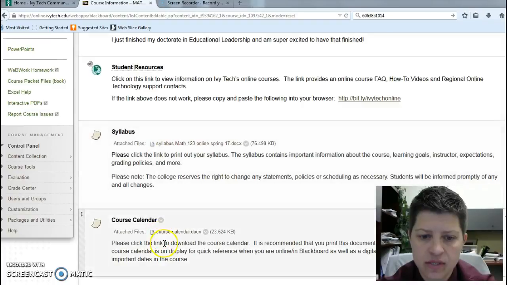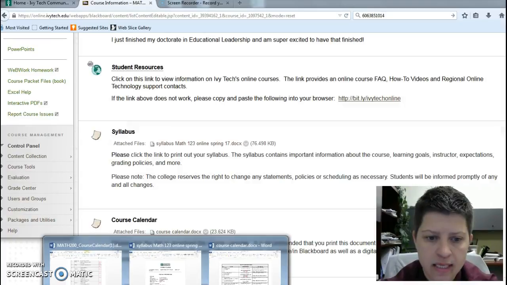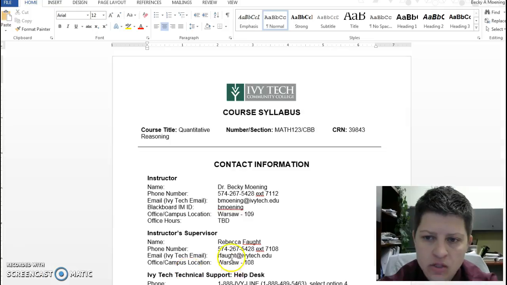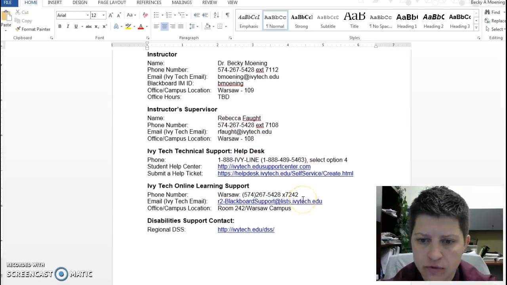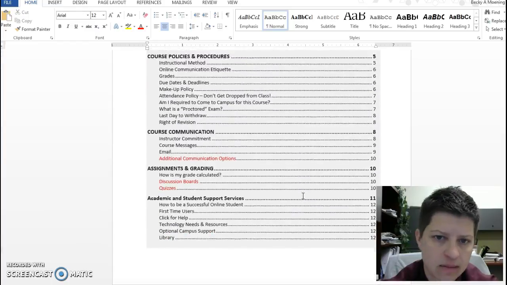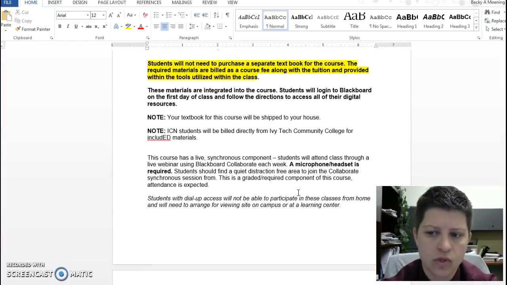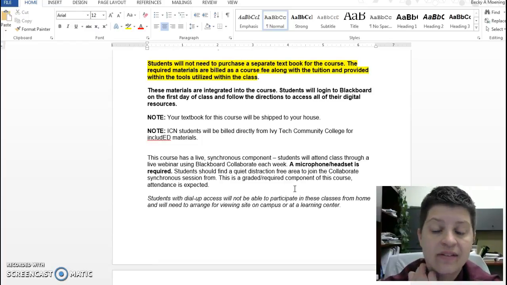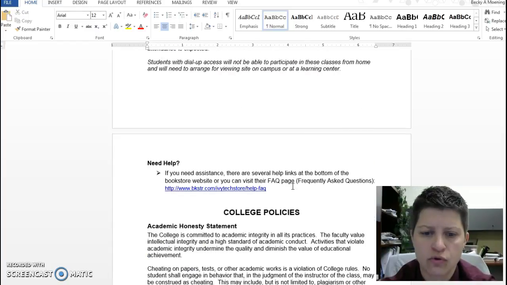Now, we also have the syllabus and the course calendar. I forgot to bring those up. So first thing we're going to do is look at the syllabus. Again, you've got all of my contact information as well as my supervisor's information. I do recommend you take the time to read through this document. It's not super long, but it's going to tell you what's going on. For this class, we have what I call a workbook because it's got a lot of blanks in it, and that should be sent straight to your house. If you have not received that, shoot me an email. I'll get you a phone number to call.